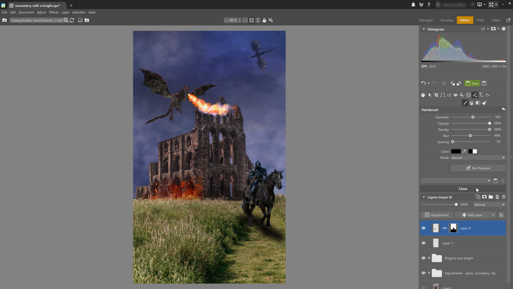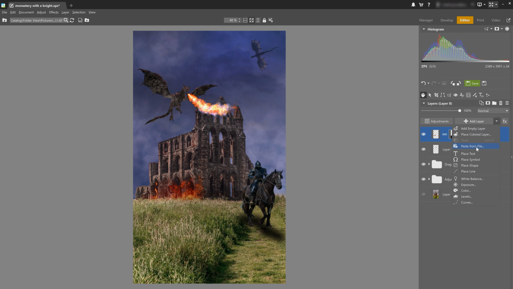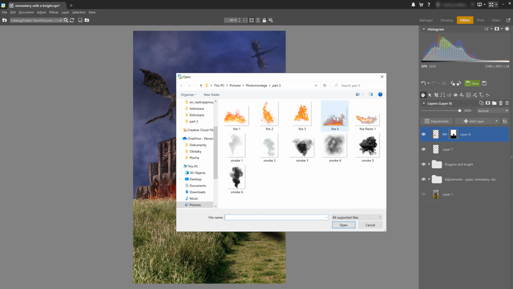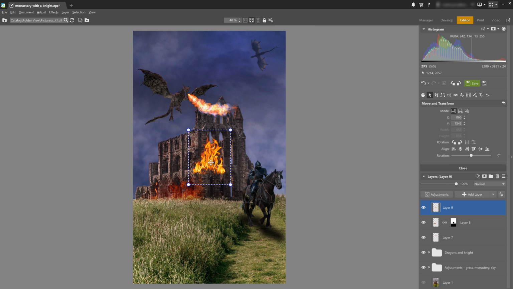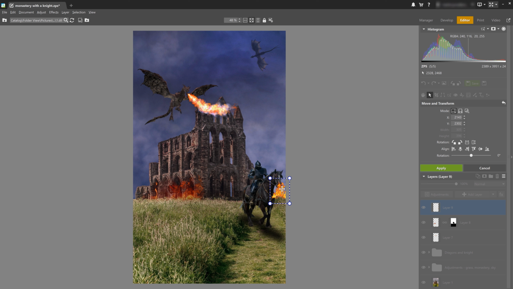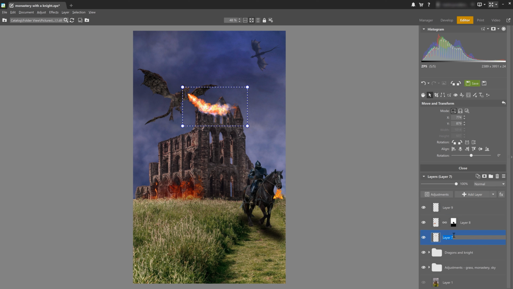Next, let's add another fire image from our file, shrink it, and place it on the right side of the monastery, where the grass is behind the knight. And now don't forget to rename your layers. To make sure the fire is behind the knight, let's move the fire layer under the group with the dragon and knight,